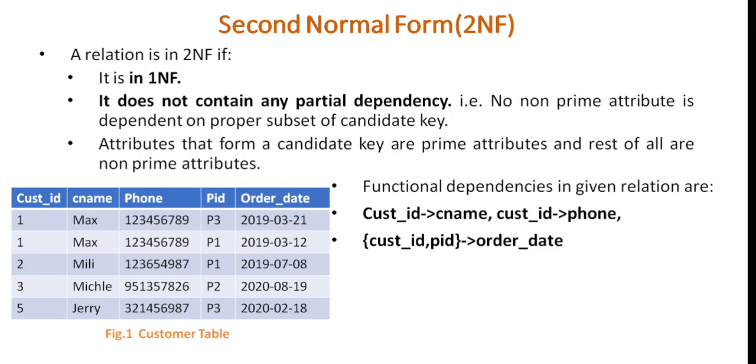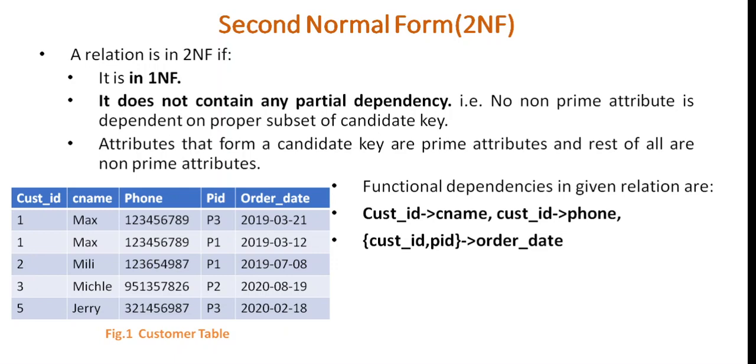So customer ID 1 doesn't determine order date. Similarly, if we say order date is dependent on product ID, then it is also not true, because for product ID P3, in the first row there is one order date, and in the last row for product ID P3 there is another order date. So when we have different values of the dependent, then there is no functional dependency.